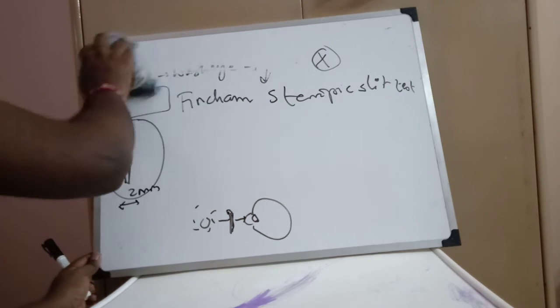So coming to how will you ask for colored halos? You cannot simply ask the patient, do you see colors around a bulb, or around a light. So number one, mostly colored halos can be observed only around round lighted objects, round light sources like the bulb that we are normally using.